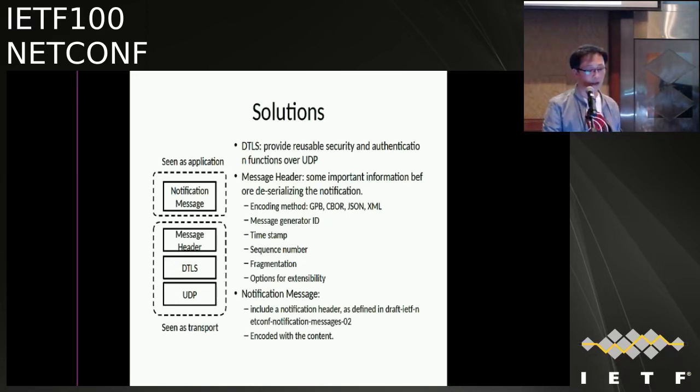First is UDP, and then for the security, DTLS, and then message header. DTLS will provide the reusable security and authorization function over UDP. And for the message header, we'll keep the important information before deserializing the notification, include for the encoding